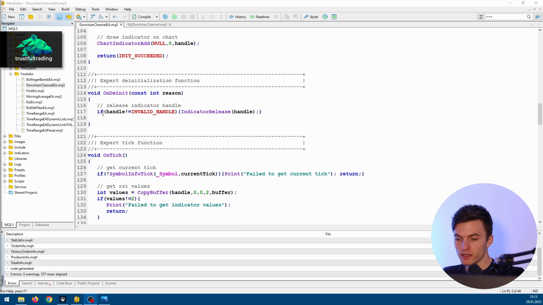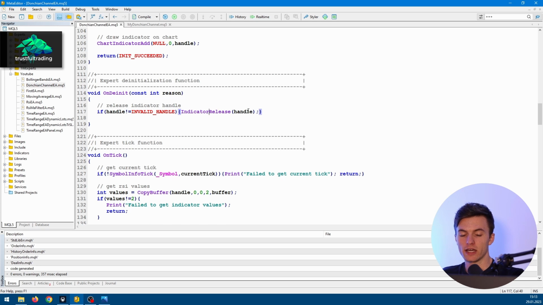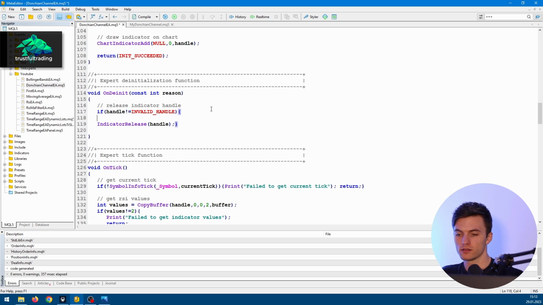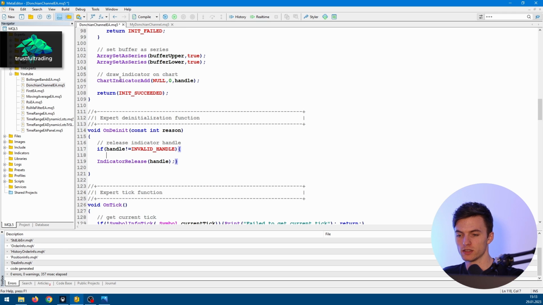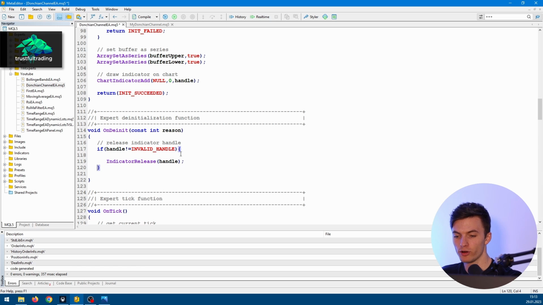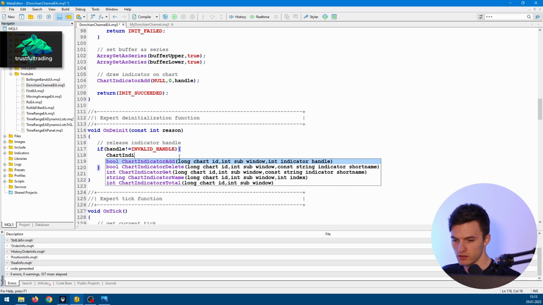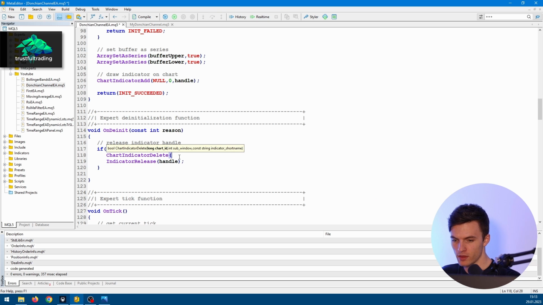Okay, now let's take a look at the onDeinit function here of this expert advisor. So here we already released the indicator handle, but now what we also want to add here is we need to delete the indicator from the chart, because here we use the chart indicator add function. And now here in this if body, we also want to delete the indicator again from the chart. So chart indicator delete, the chart ID null, sub window 0,